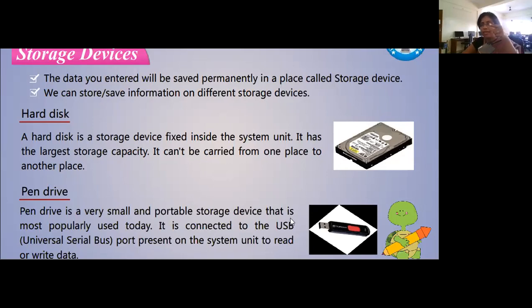Wherever we put the pen drive in our system, we insert the pen drive either on the CPU, or if you're using it on your laptop, you will put it in a portion near where we put the charging point. That particular point where we put the pen drive is called USB. Now, what is that? Universal Serial Bus. So that particular position where we put our pen drive is called USB port.